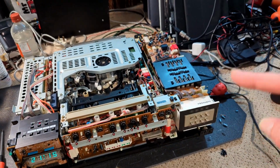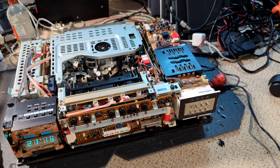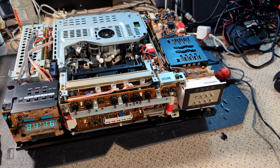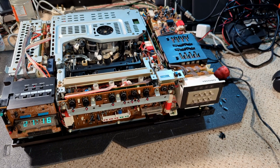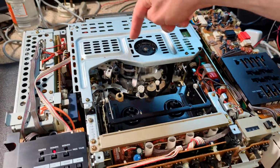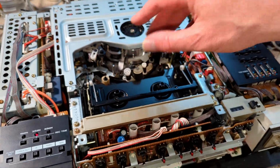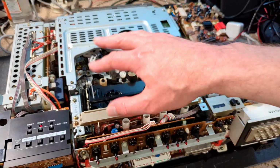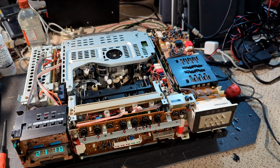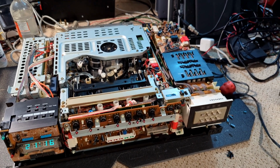Now, this does have the original belts, but they are working so well, I'm almost tempted to not change them, but I just know that in a very short time those belts are going to give up. That one belt goes from the bottom of the head drum to the idler assembly or system, and is deformed,